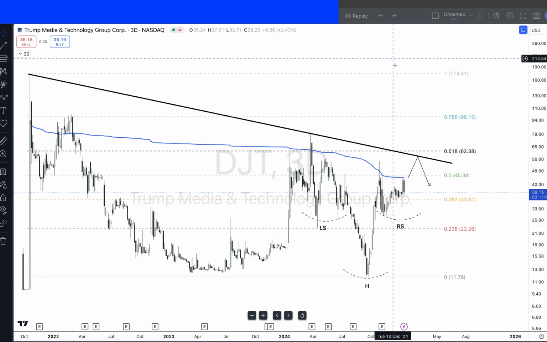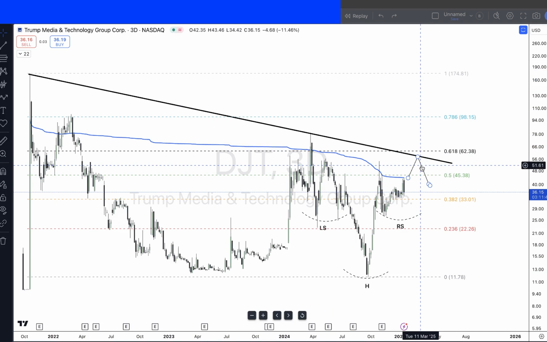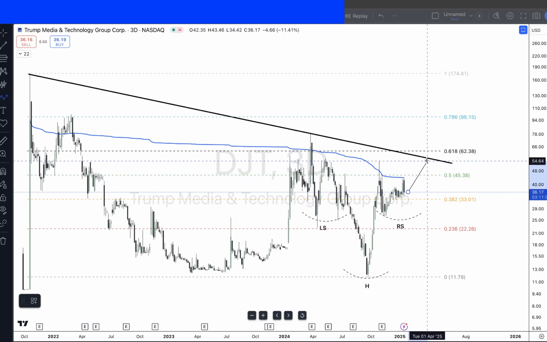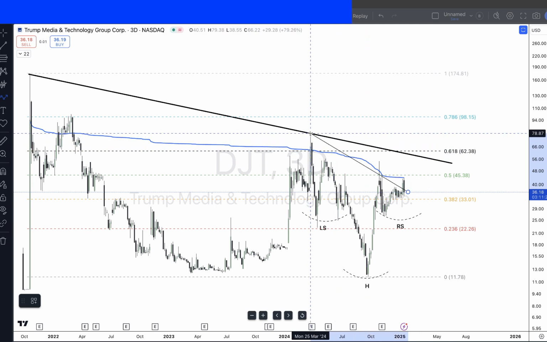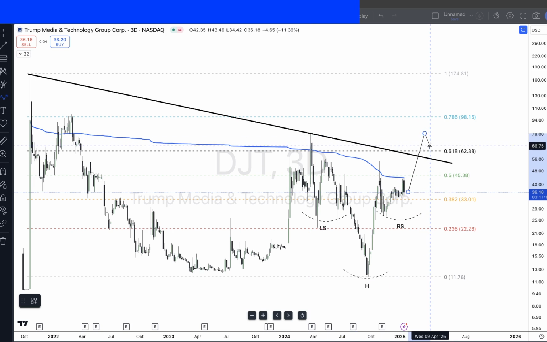Let me get those fibs back. Get rid of that. So that's the risk I'm seeing. Now, let's just assume however price gets up to this neckline, it breaks through it, okay? I see this. Now, we've got this wick where the price got rejected, so I could see price doing something like this. So we have a breakout.